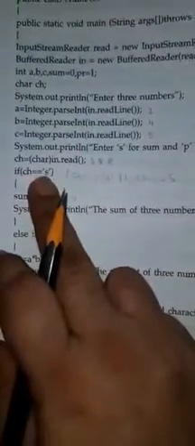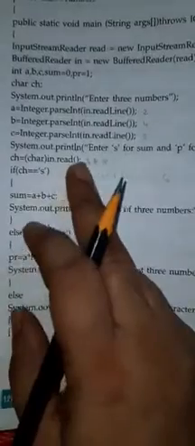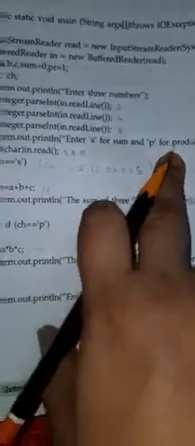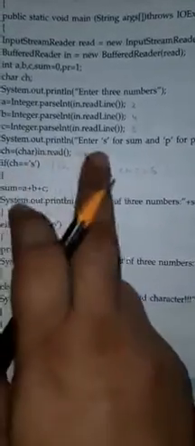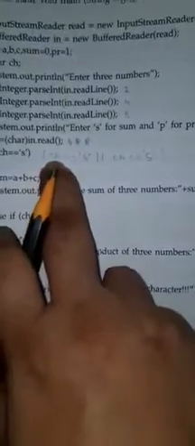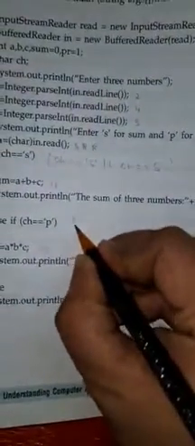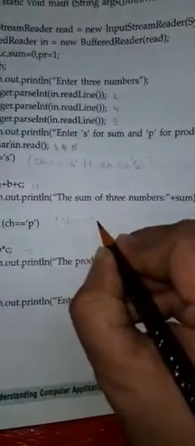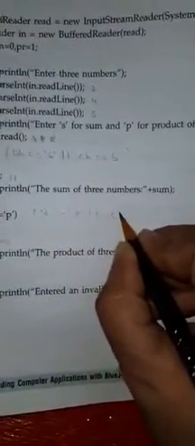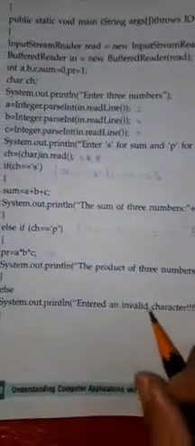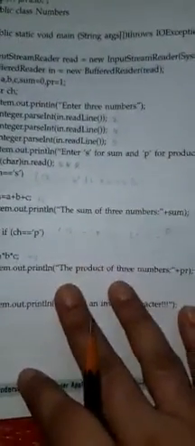So case sensitivity, it will take it as different. If you are mentioning here enter the small lower case s and p, that's okay, but otherwise you can have a change here: CH is equal to small s or CH is equal to capital S. Similarly here also, CH is equal to small p or CH is equal to capital P. Then it will always give you a correct output, if the person enters a small p or a capital P, in both cases. So let's go to the next, that is question number 4.